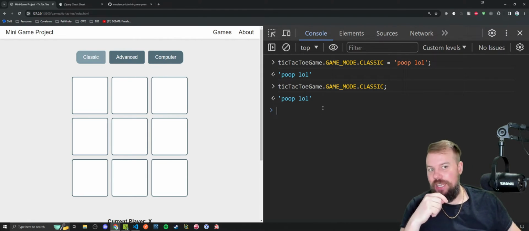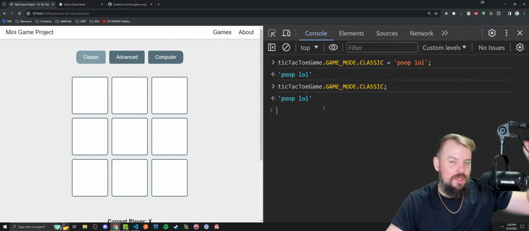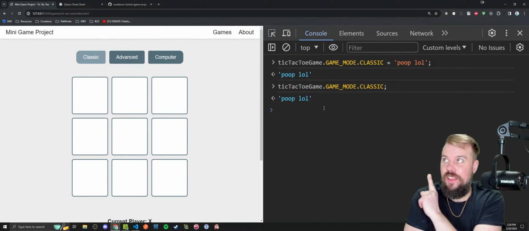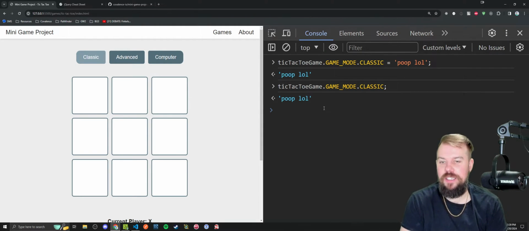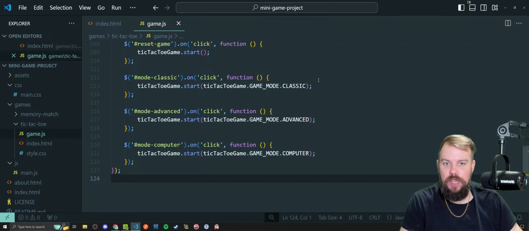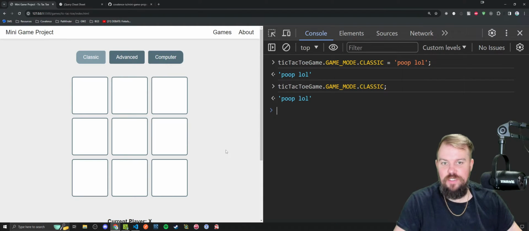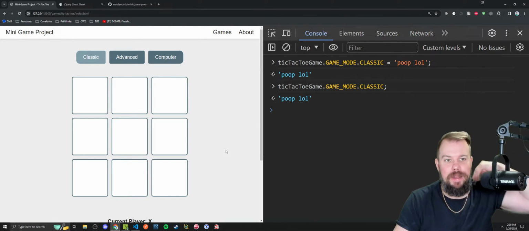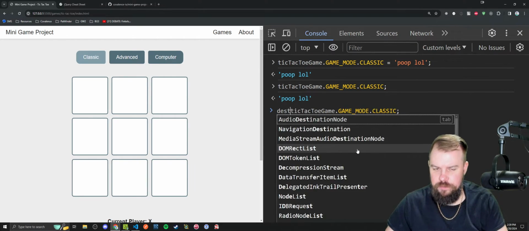Now, because I made it so the classic property is going to be used instead of its value, I do have some safety in that they can reassign the classic mode property on the game mode object all they want. And as long as I'm still referencing in my code game mode classic, and not the string classic, then reassigning this value is not going to break anything, thankfully. So automatically, we have made it so the easiest of script kiddie hackers can't break our application by simply adjusting a property name. Now, what could destroy this, however,